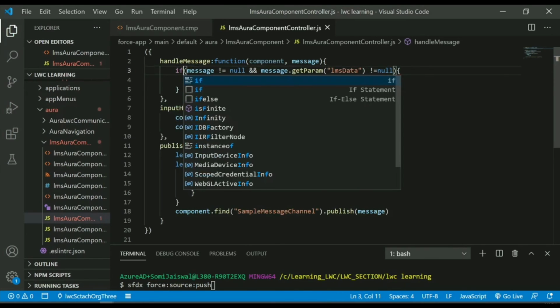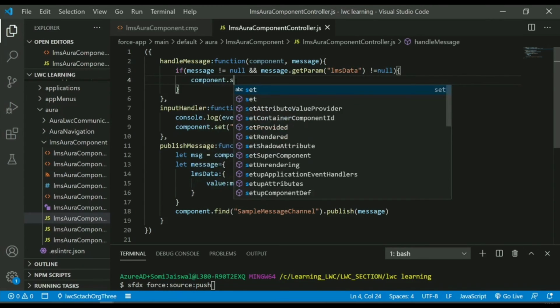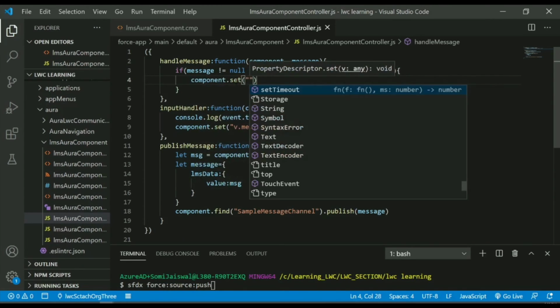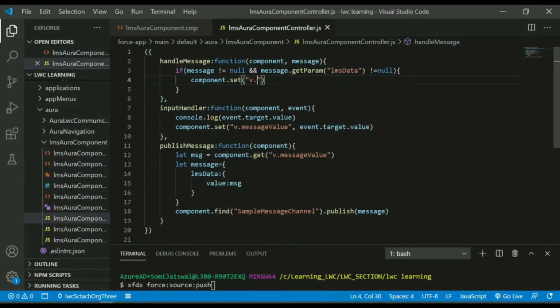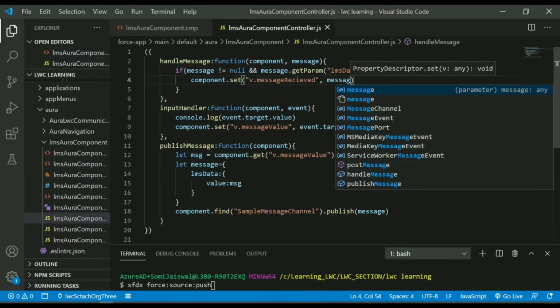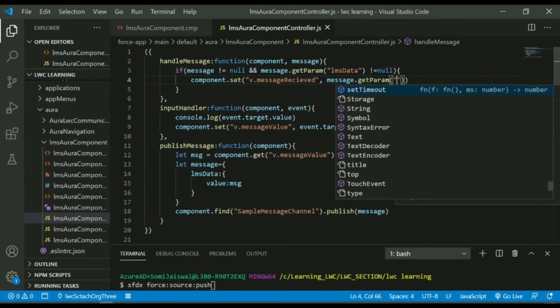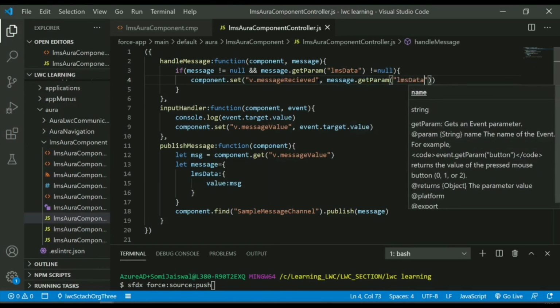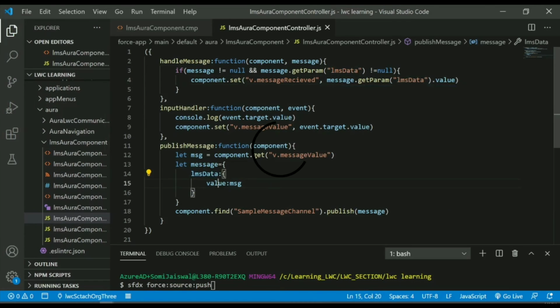then to component dot set, we'll call the attribute v dot, the attribute that we have created here on the top, message received. Okay, once the data comes, update the value, and value is message dot get param dot LMS data dot value. So under the LMS we have a value property. Everybody will follow the same structure. So it will pass, and once the data is received,